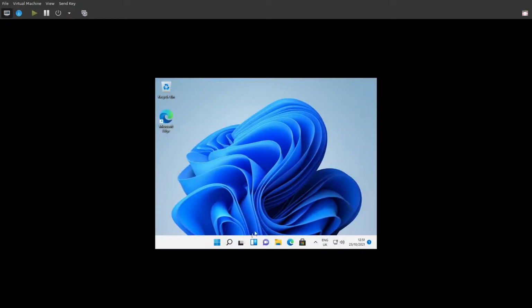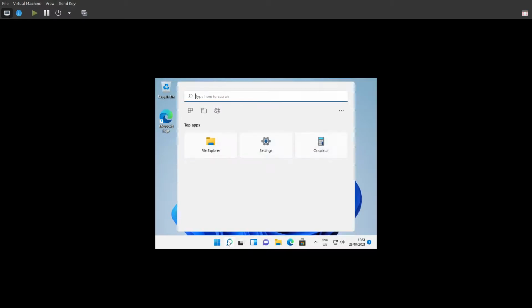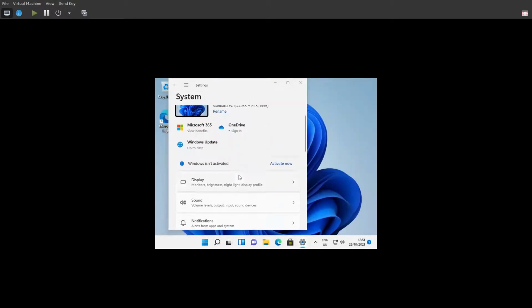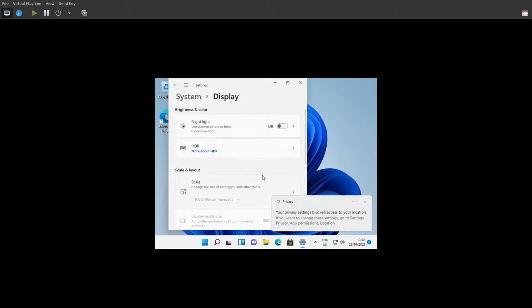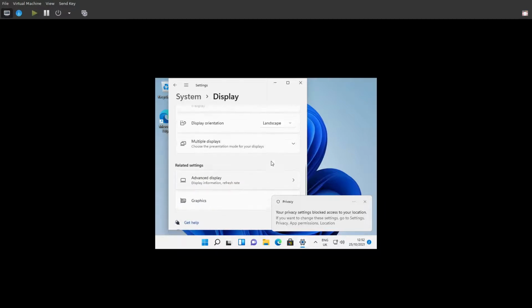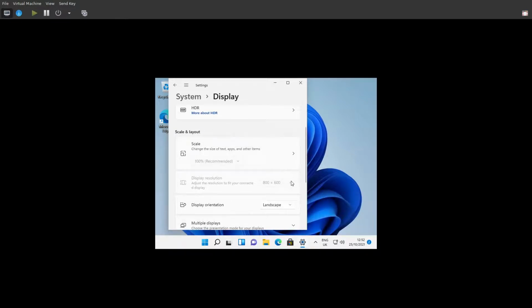And now, if I come to settings, and what we're looking for is display, and we should see... Why is it not doing that? Is there something I've missed? I think can't